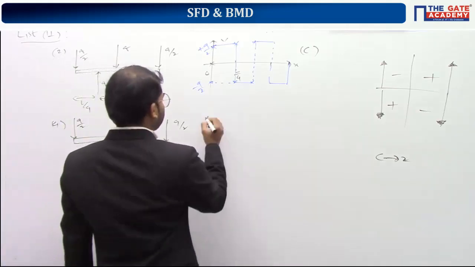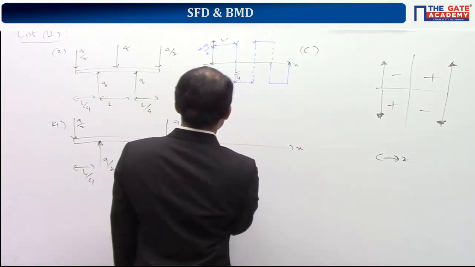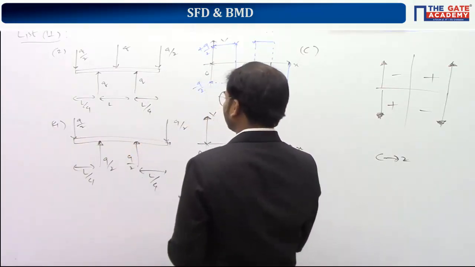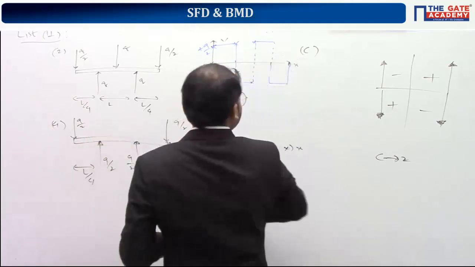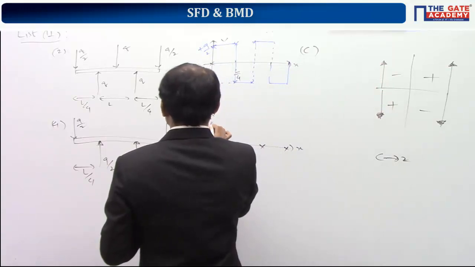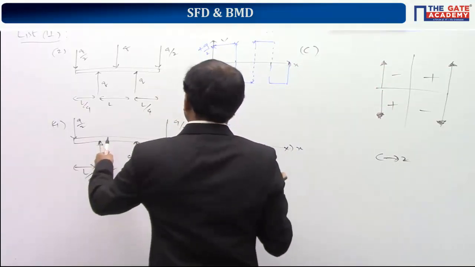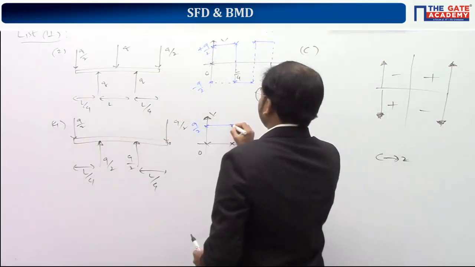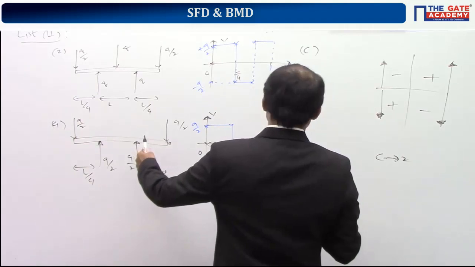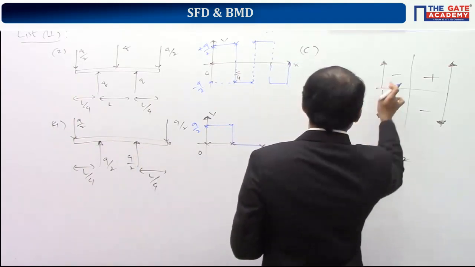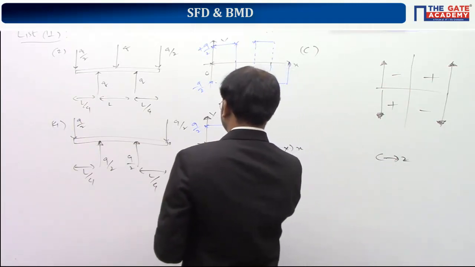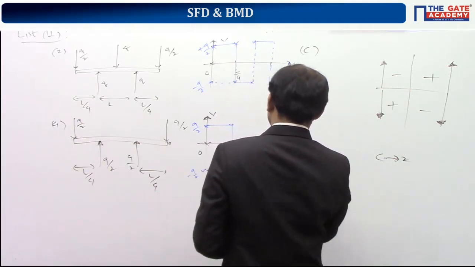Now if you draw the shear force diagram, this is V, this is X, this is 0, and we have locations where these applied loads are there. So Q by 2 acting downside from left side. So positive change. So plus Q by 2. It goes on like this. Here Q by 2 upside, negative change. So plus Q by 2 minus Q by 2 is 0. It goes on like this. Q by 2 upside. So 0 plus dV, where dV is minus Q by 2 here. It becomes like this, and here it becomes 0.